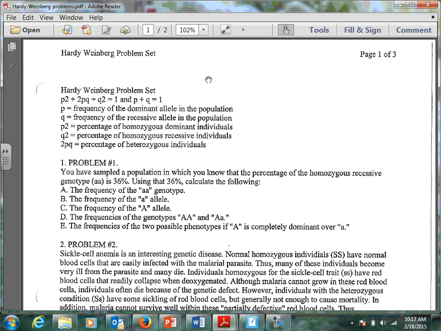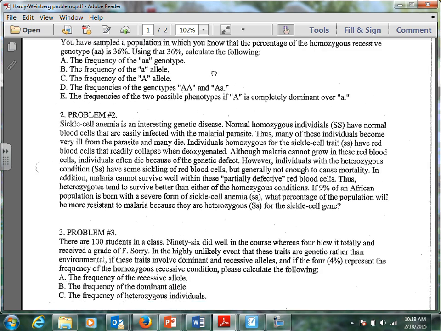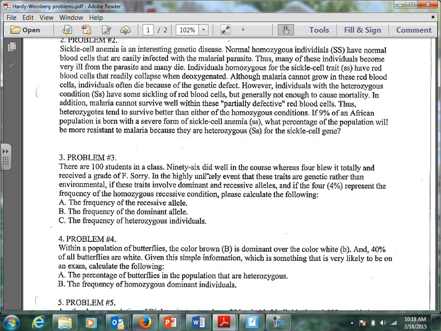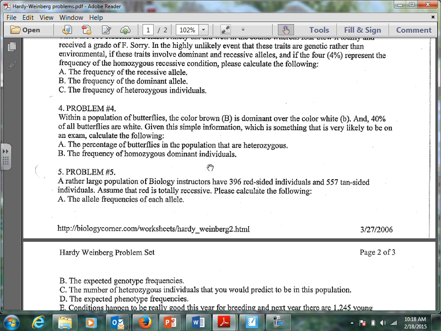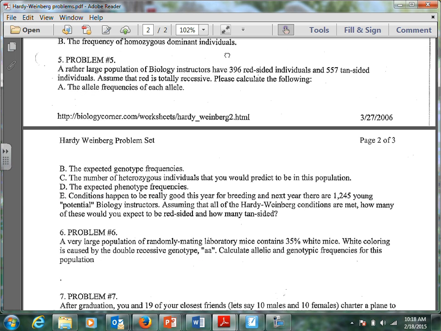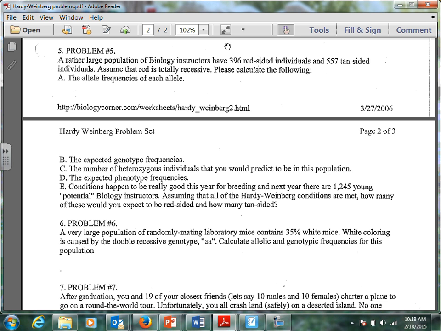I think what I'm going to do, instead of spending several class periods going through Hardy-Weinberg problems, is this: we've gone through numbers 1 and 2 in class. I think tomorrow we'll take some time and go through 3 and 4. And so I'm going to create a quick video here to start us with problem 5 and then work our